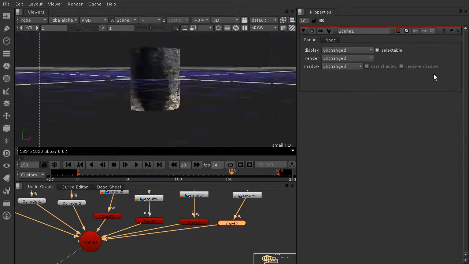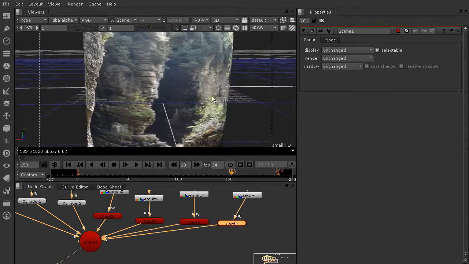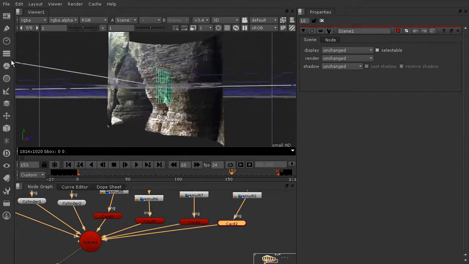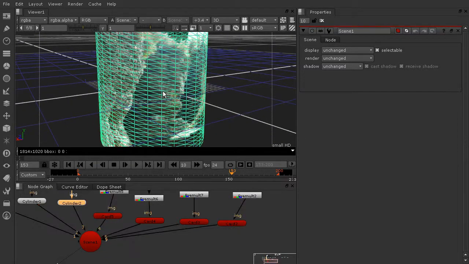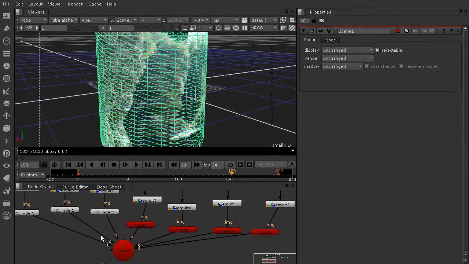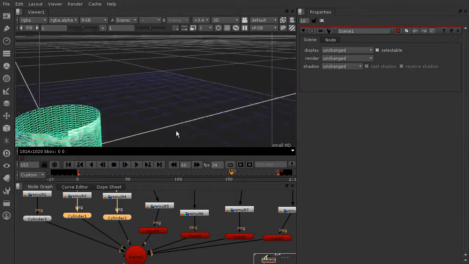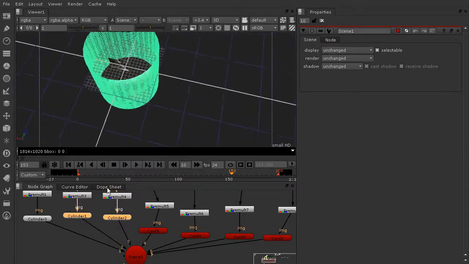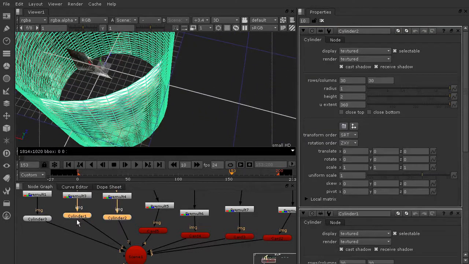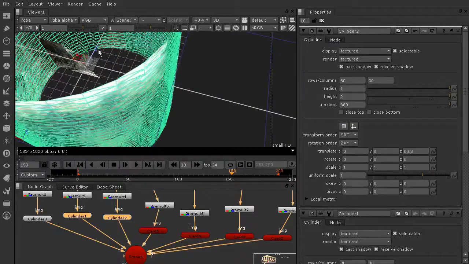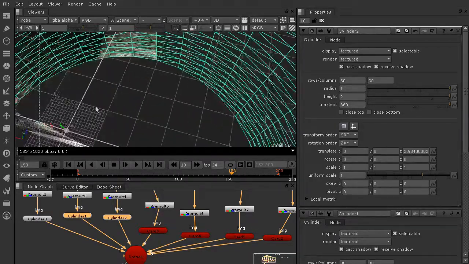However, you can see that currently this is kind of hard to look at and understand because the cylinders are made at a massive level compared to the cards. So we're going to need to start kind of scaling some things back and down and positioning them in space. So I'm going to go ahead and grab these two cylinders right here and just kind of come down through there. And what we want to do is open both of those up. And I'm going to shift select them, and we're just going to push them back in Z space for now. So you can see I just kind of grabbed that Z handle